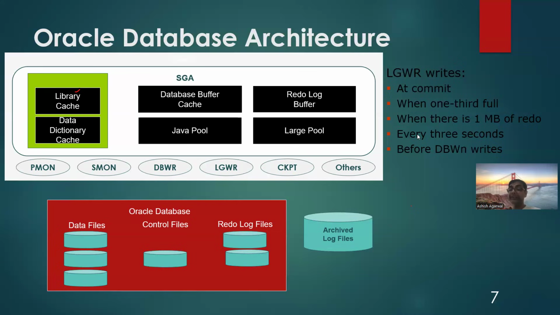But before the database writer process writes the data to the data file, before the data gets written into the data file, prior to that, data gets written into the redo log files. And then once the data is available in the redo log files, once the redo log file gets full and the data has to be flushed to the disk, its archive gets generated on the disk. Now redo log file. So I'm really happy. All the people have answered.